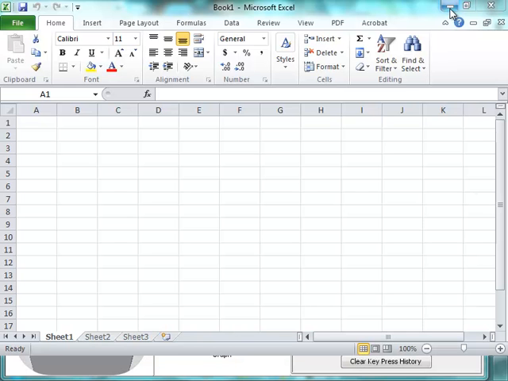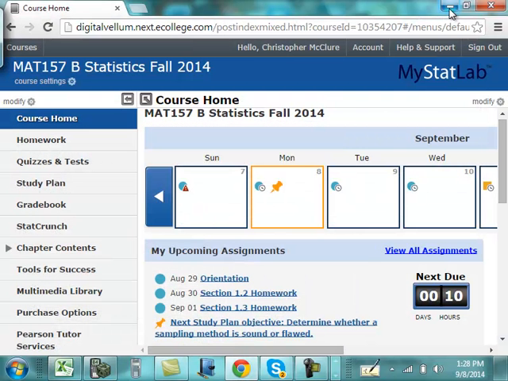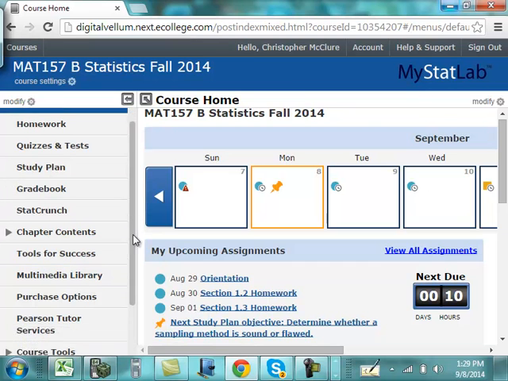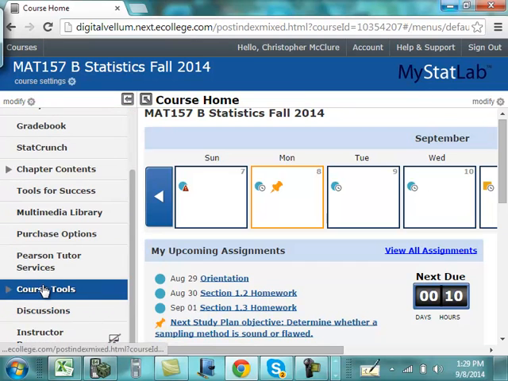Okay, so we're going to have just a short technology talk regarding how to use StatCrunch to calculate mean, standard deviation, etc., and also how to do box plots. I'm going to go ahead and pull up the preview for